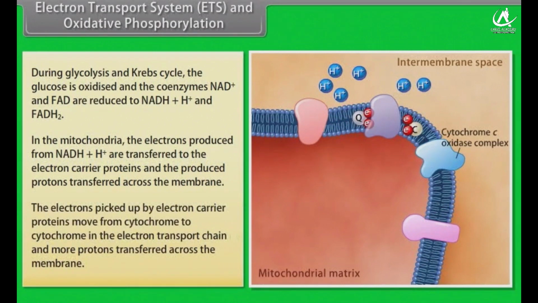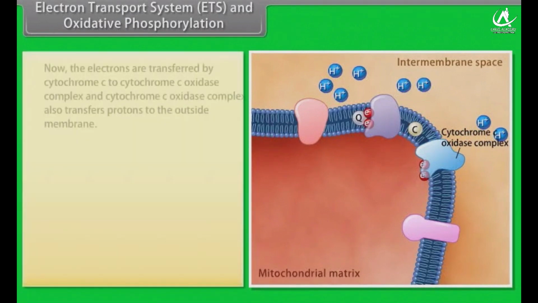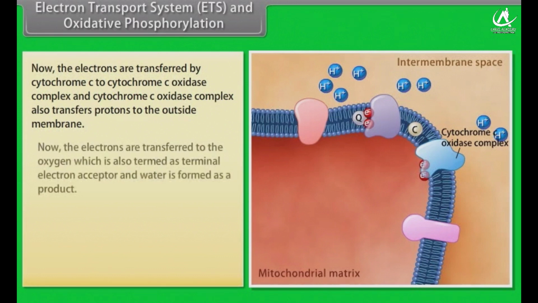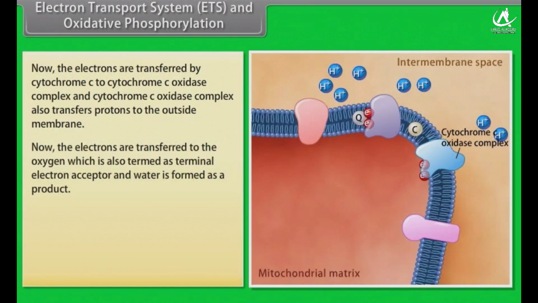The electrons picked up by the electron carrier proteins move from cytochrome to cytochrome in the electron transport chain, and more protons are transferred across the membrane. Now the electrons are transferred by cytochrome C to cytochrome C oxidase complex, which also transfers protons to the outside of the membrane. Now the electrons are transferred to the oxygen, which is also termed the terminal electron acceptor, and water is formed